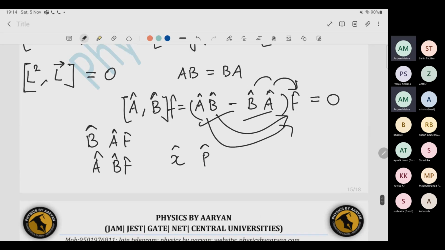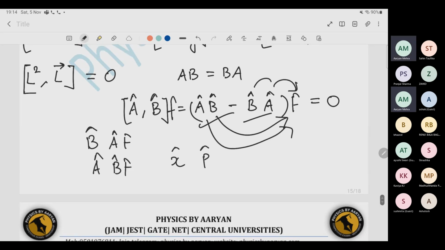According to the uncertainty principle, can you measure X and P together with complete precision? No, sir. If I measure momentum, it disturbs the information about the position, and if I measure the position first, it disturbs the information about momentum. So then, do you think, if I want to measure the position of my system F